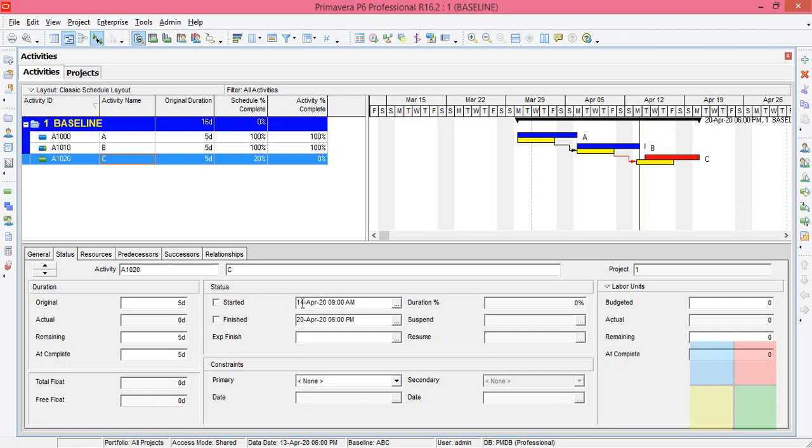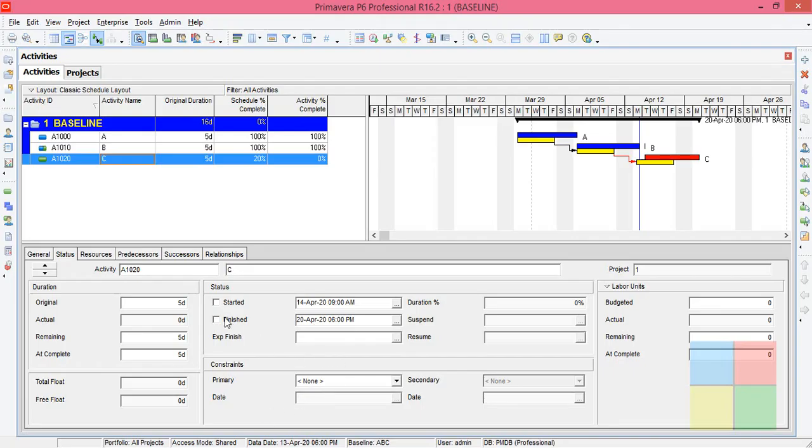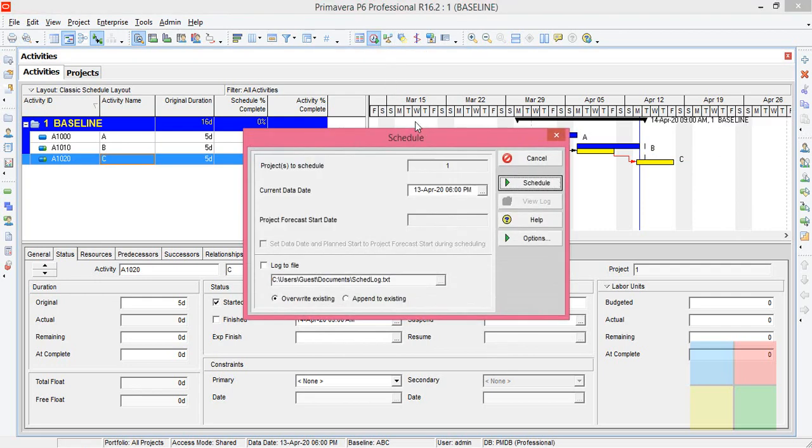as per plan is starting on 14th 9 a.m. and finishing on 20th 6 p.m. But according to the data that is given to us to update, we have a minus 1 delay. That means we have finished 1 day earlier. So click on started. 100% we have finished with a 1 day delay. So not 20 but minus 1. Minus 1 from that day. Schedule